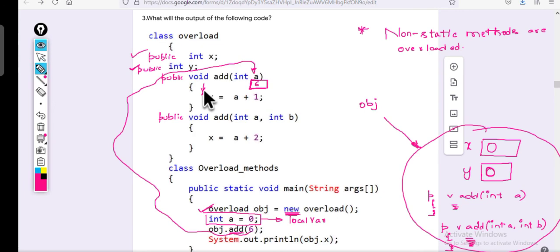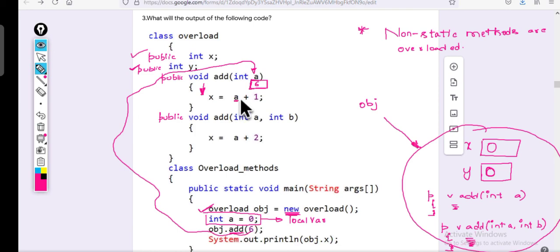Enter inside. First, always execute the right-hand side. Is a 0 or 6? That is where the confusion is. A local variable you cannot use in another method. Exactly.